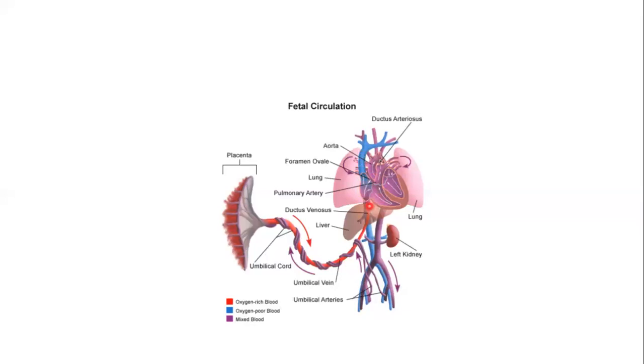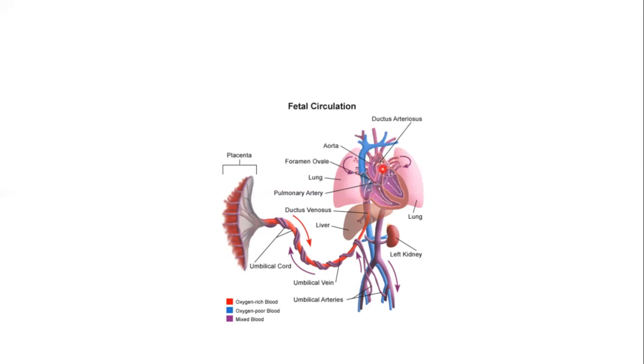The blood that was coming from the inferior vena cava went into the right atrium, then through the foramen ovale to the left atrium, then to the left ventricle, then to the aorta. But the blood that is coming from the superior vena cava comes into the right atrium, then down the right ventricle, then goes to the pulmonary artery. Now the thing is that from the pulmonary artery, in normal circulation, blood needs to go down to the lungs. But in this case, the lungs are immature, as the fetus is going